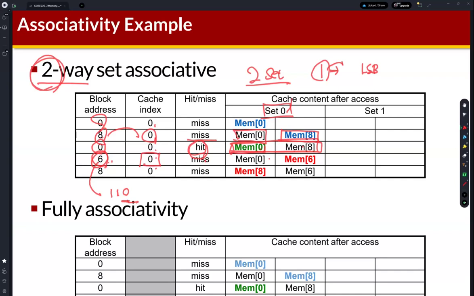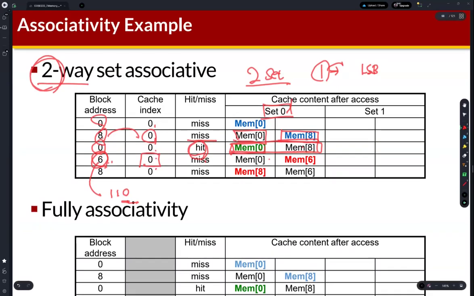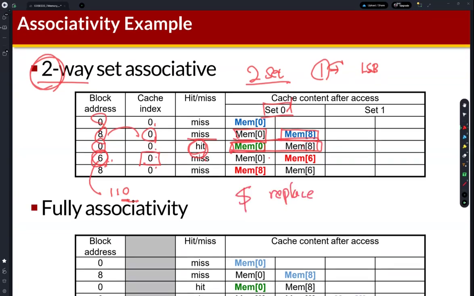But in the set associative cache or in the fully associative cache, there are multiple valid blocks, right? So if a new block is requested, then we need to evict one of the valid blocks, right? So this is the cache replacement policy,